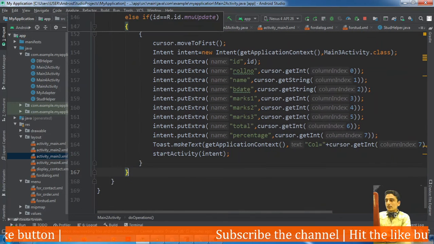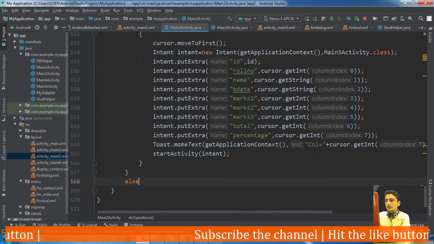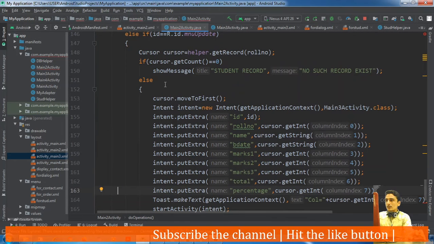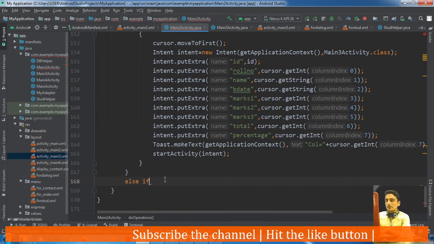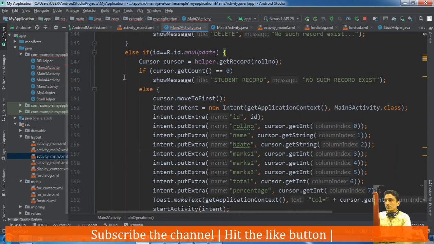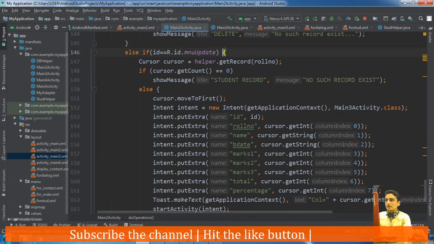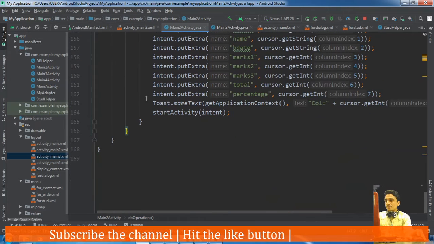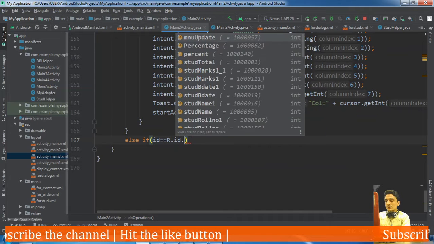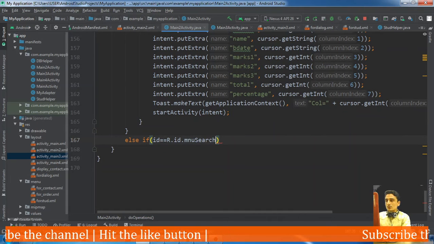Okay, and else, sorry, else is to be written else of this here, else if id equal to r dot id dot menu search.